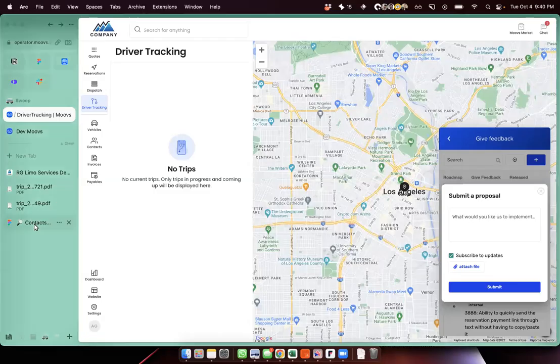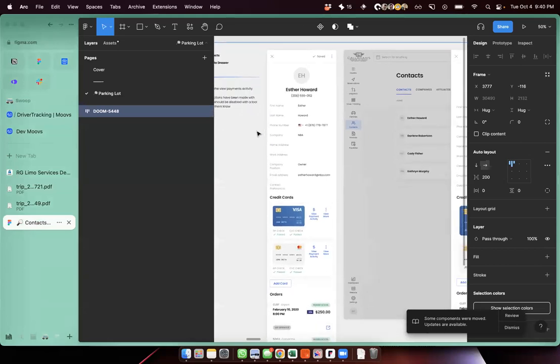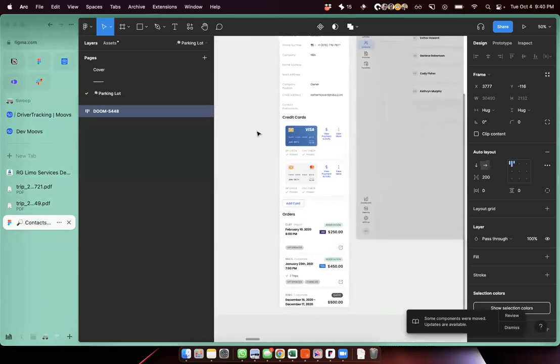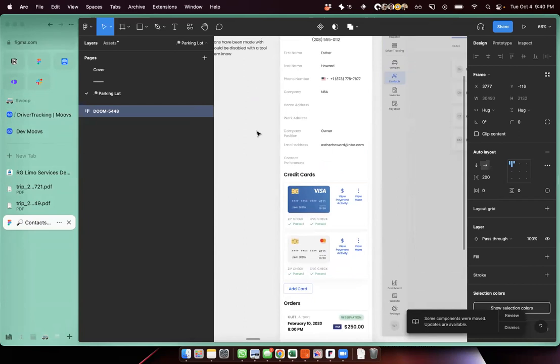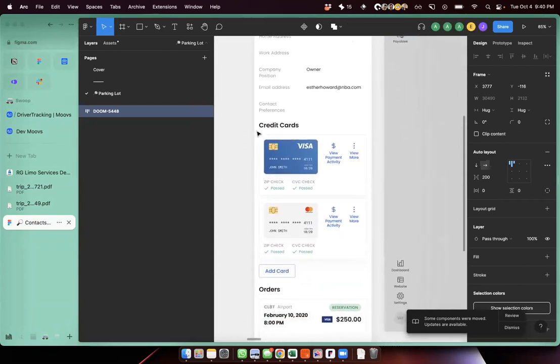Jumping in here now to some of the features that we're working on. Let me just show everybody one of the newest versions. We're actually releasing this very soon to our new credit cards section in Moovs.